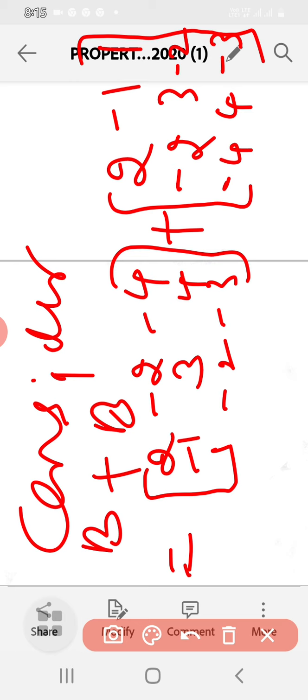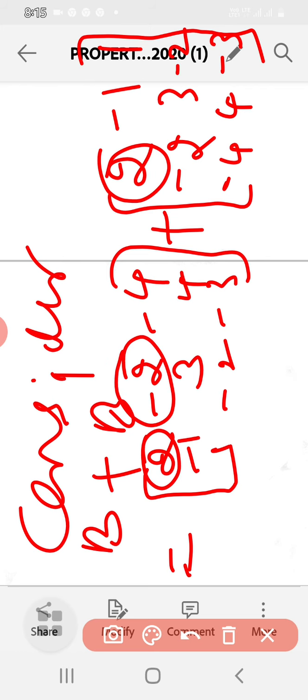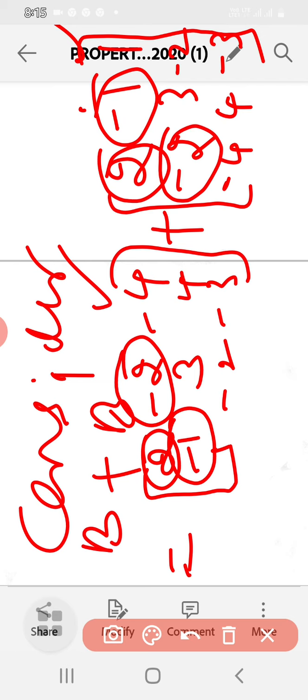Okay, before writing the next step, so you observe this. What are the elements I am going to get here? See, so I will write in the next step here. See, 2 plus 2, what is the element? 4. Then minus 2 plus of minus 1, that is what? Minus 3. Then minus 4 plus of 1, that is minus 4 plus 1, that will be minus 3. So we have to write the corresponding elements. See, we have to take care of the signs here, that I am going to write in the next step.